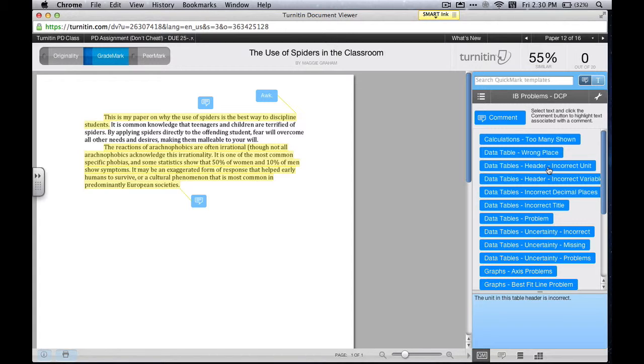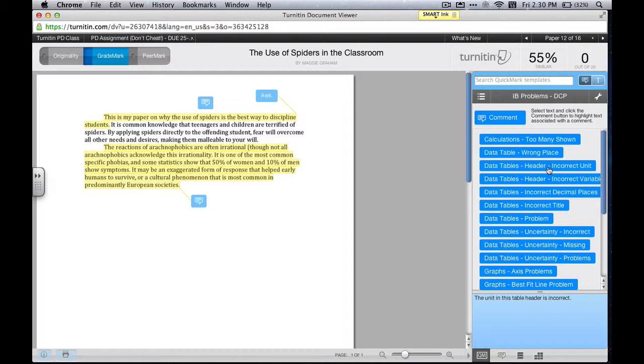Ryan, how much time do you think this saves you? I'd say it's fairly substantial. If you find yourself having to make the same comment over and over and over again, it's better to write it once and then just click or drag it in. I find it works a lot more smoothly.